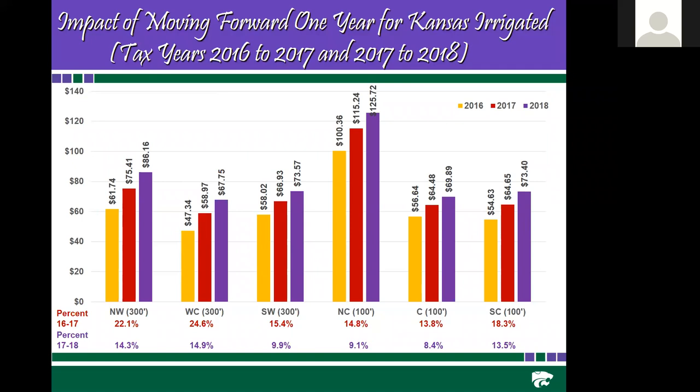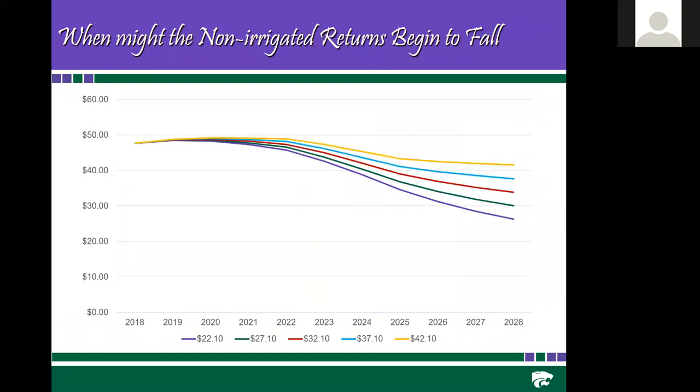And so that leads into the question of where we are going to be, and how long we are going to see this paradox where agricultural land returns are low and have been generally declining, but the property tax computation is going up. So what I've done here is run this forward from 2018 all the way out for 10 years.